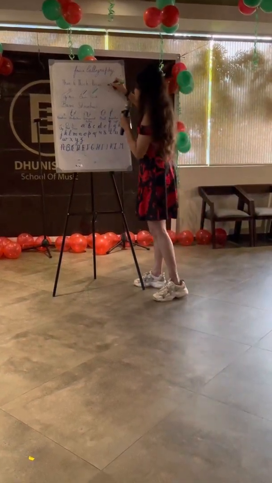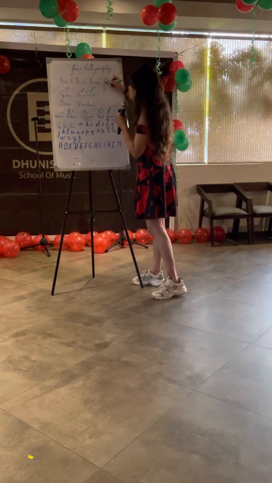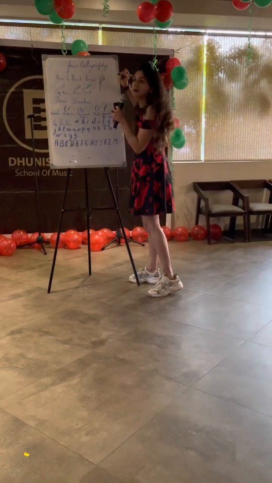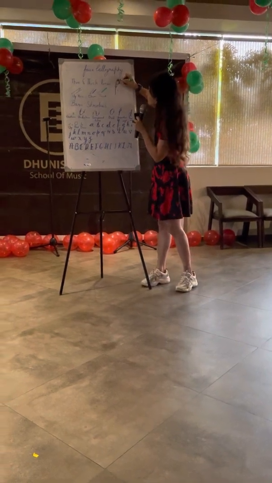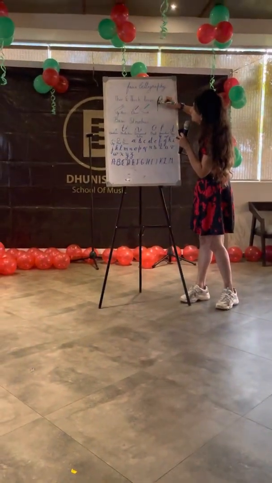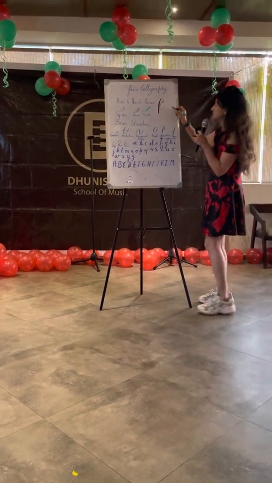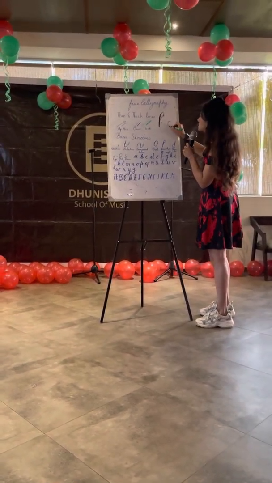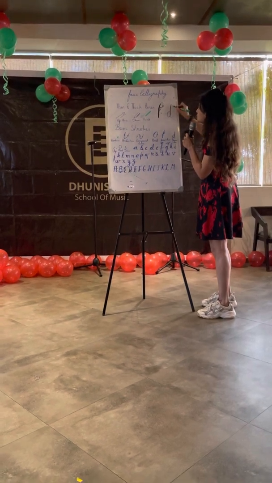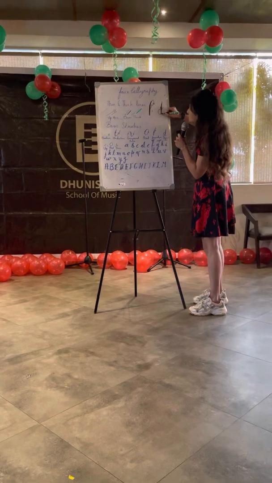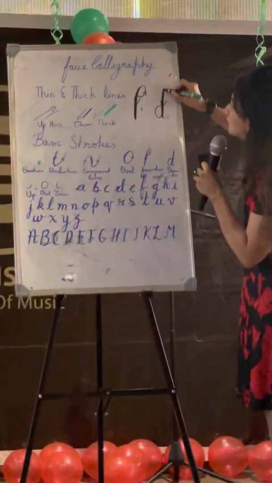So the ascender is this one. So here this line is going up. This one is coming down. Okay, here this is the thick line. And the descender, it is the other way around. So it goes like this. So you make, this line comes down. So this becomes the thick line.